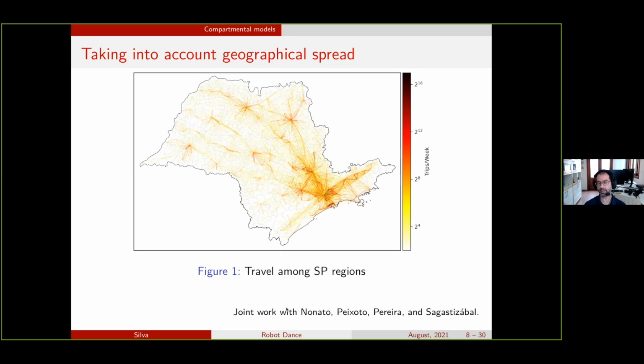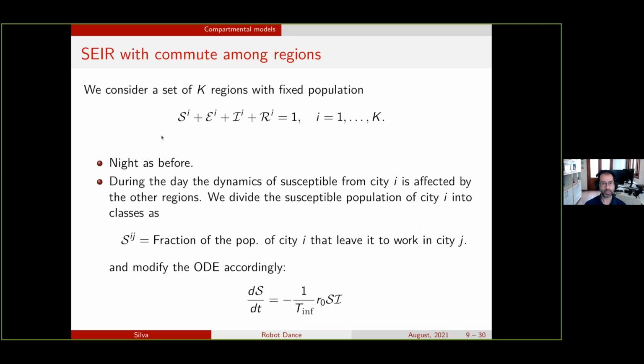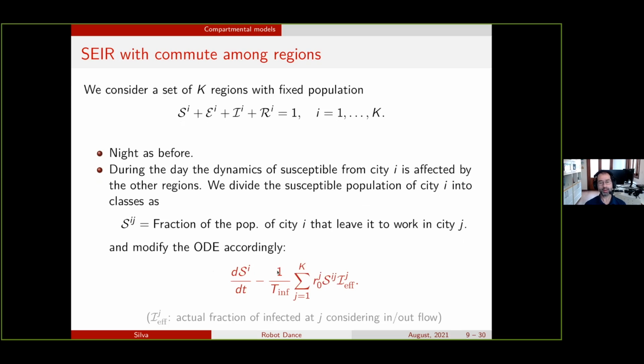We are focusing here on the travels that create a longer stay, like someone who goes to work in one city during the day, but at the same time goes back to sleep in their original city during the night. Okay, so you have many populations, but now, instead of having the simple dynamic where the person can get sick only in their own city, you have a more sophisticated dynamic here.